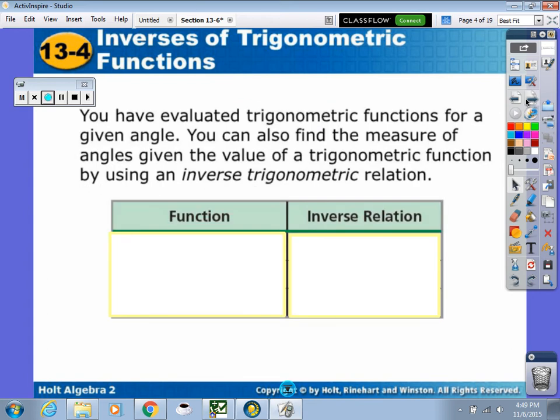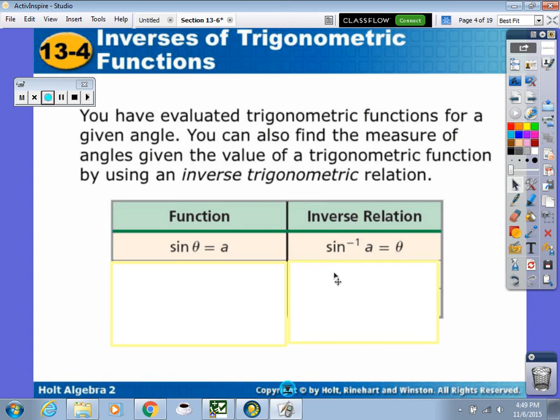When we evaluate a trigonometric function for a given angle, in addition to the trigonometric function itself, we can also find the measure of the angle given that we have the trigonometric function. We do that by using the inverse trigonometric relation. So let's first look at our function. We've got sine of theta equaling a. In order to do the inverse of that, we take the inverse sine of a, and that would equal